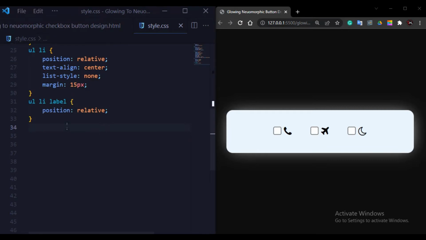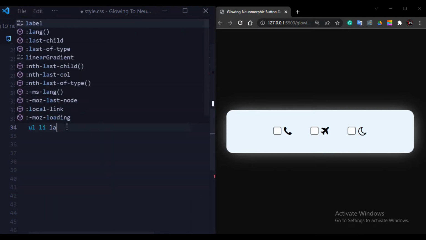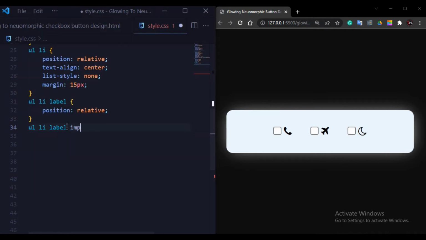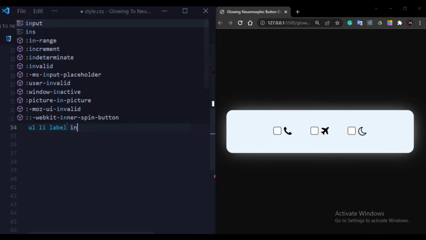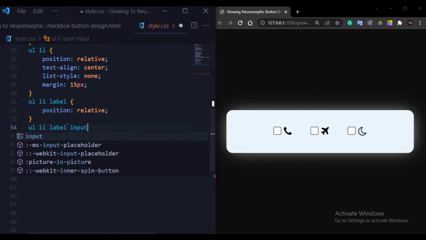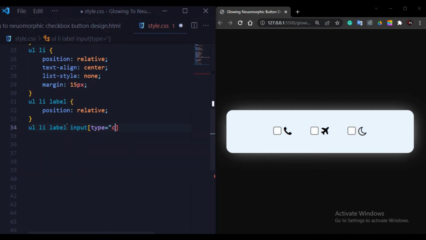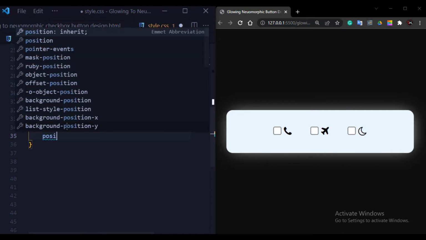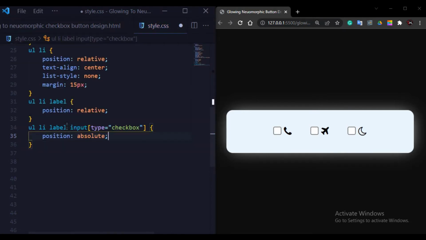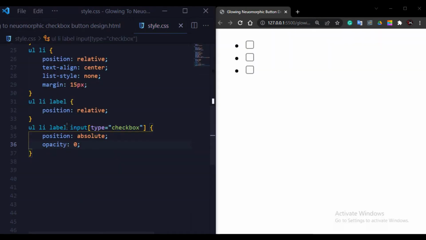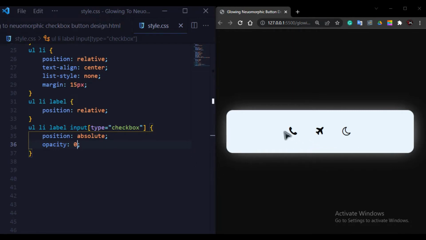And now I will write ul li label input, and here I will write type, which is checkbox, and here I will write position absolute and give some opacity 0. So save the file. So as you guys can see here, all the checkboxes are removed successfully.